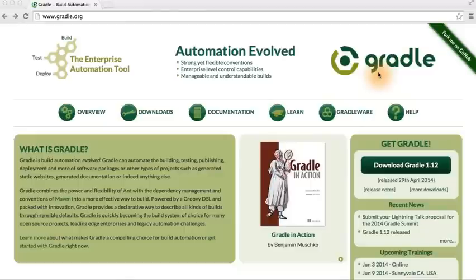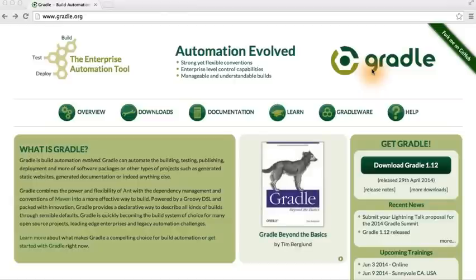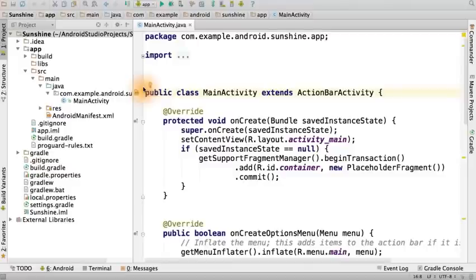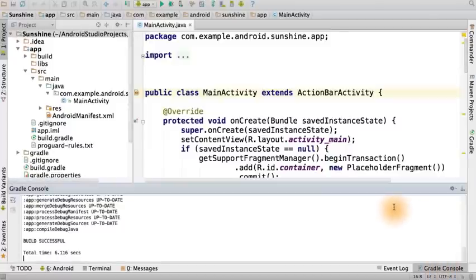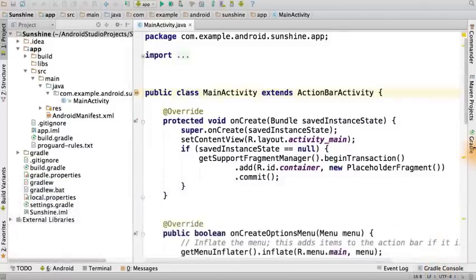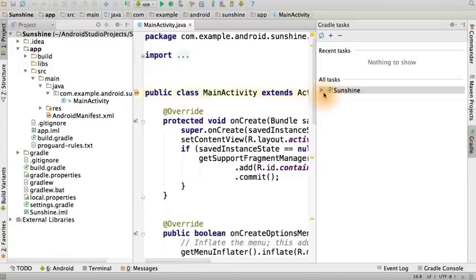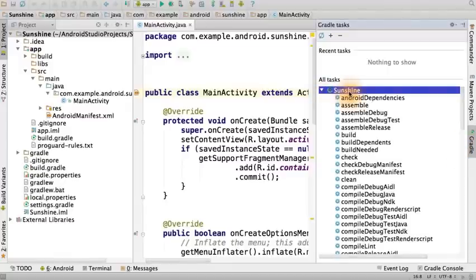In Android Studio, this is done using Gradle, a build toolkit that manages dependencies and allows you to define custom build logic. You can manually start a Gradle build in the IDE by selecting Make Project. You can also do this by going to the Build menu and selecting Make Project from there. Or you can use the Gradle console to observe any logs or build errors. Or open the Gradle Tasks window to see any available tasks. Double-clicking on any of them will execute it.